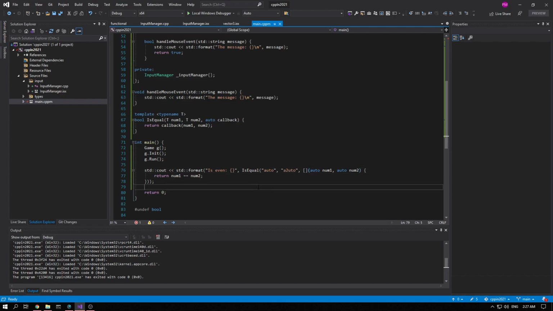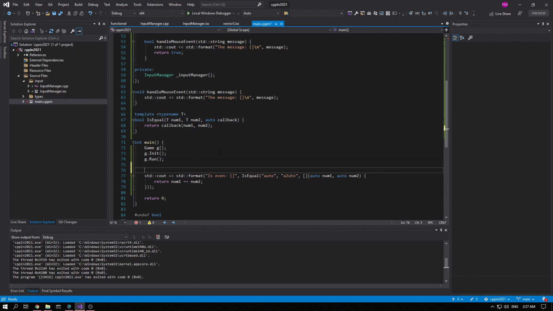Now let's say we want to check if these two numbers are equal to a number here. So let's say number to check against is 5, right? Now let's go here. We'll take 1 and 2. Now if we want all the numbers to be equal to 5, we want to have access to number to check against. So let's go here, number to check against. And if we try to build that, it's going to give us an error